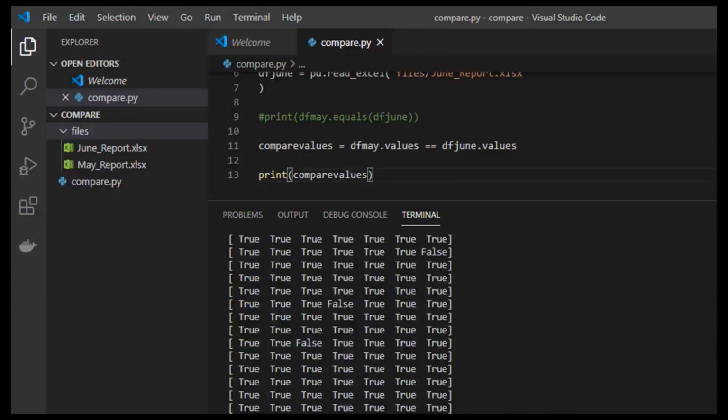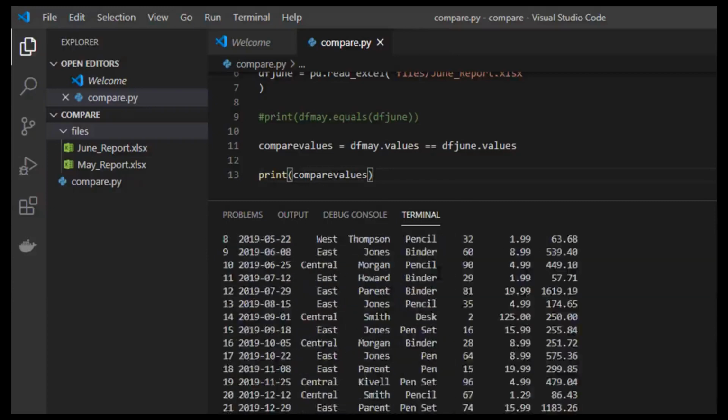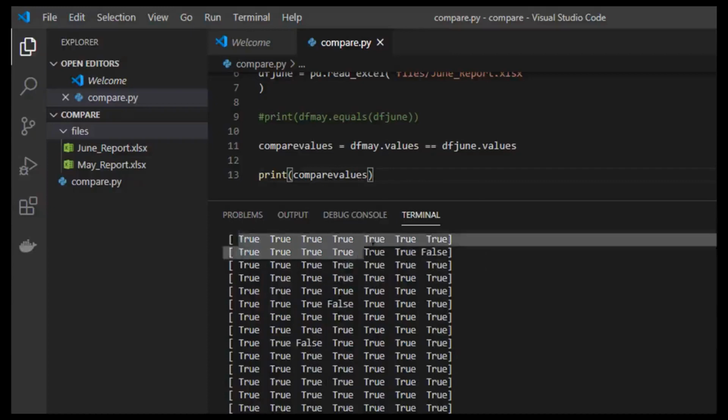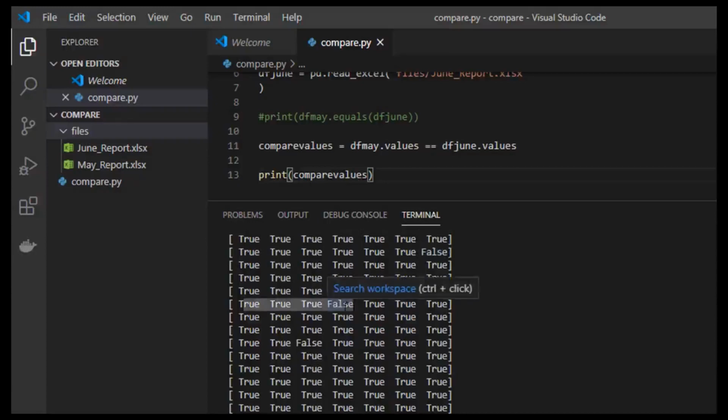So you can see wherever the values are true, it doesn't have any change between the first data frame and second data frame. And also you can notice some values are having a false. Let's say for example, the second row has a false, and also in the middle of the row it is having some false. Which means we expect those position values differed between the first data frame and second data frame.